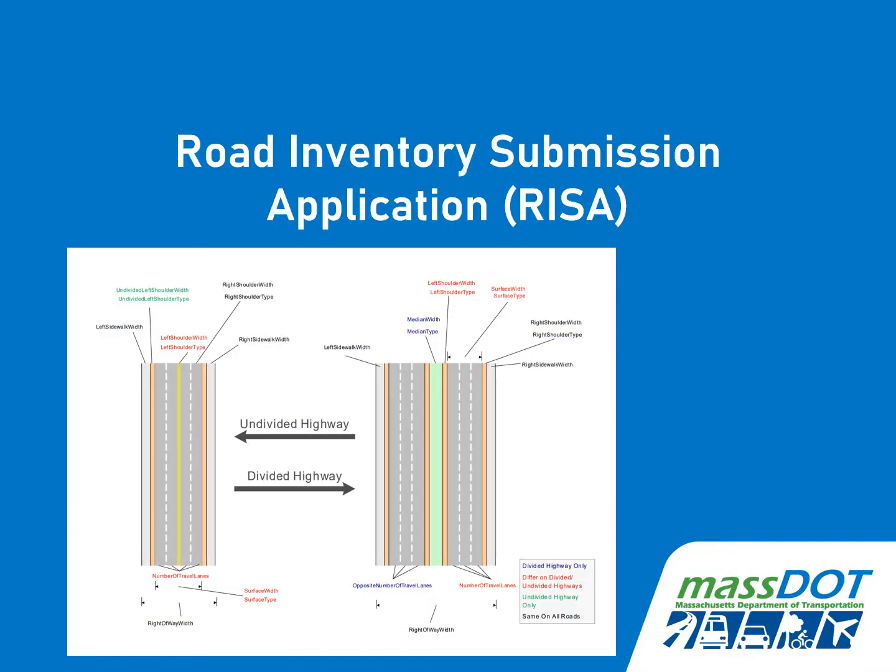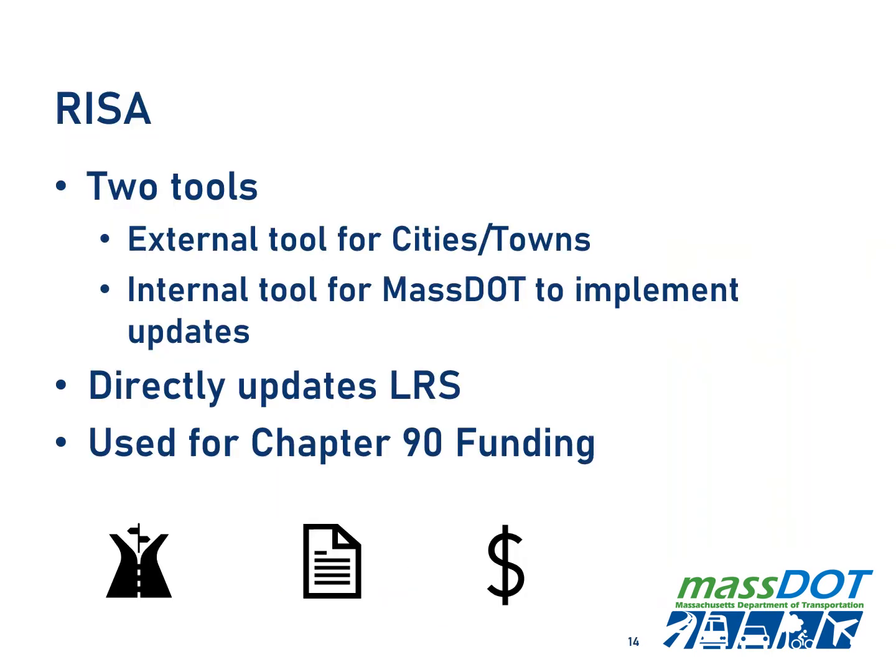Now we're going to talk about the Road Inventory Submission application, or RISA. RISA is actually a set of two tools, and the primary function of these tools is to replace the previous paper-based process of local governments submitting updates to their road network to MassDOT in order to update their Chapter 90 funding. The two tools include an external portal which is accessed by GIS or public works officials from the